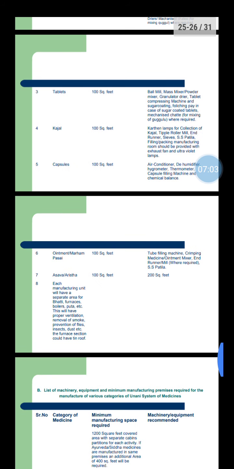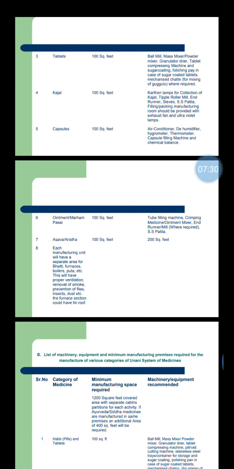Then for kajal, 100 square feet area is required. Carton lamps for collection of the kajal, tipple, roller mill, end runner, sieve, SS spatula, filling, packing. The manufacturing room should be provided with an exhaust fan and ultraviolet lamps. Then fifth, capsule, 100 square feet area, air conditioner, dehumidification,